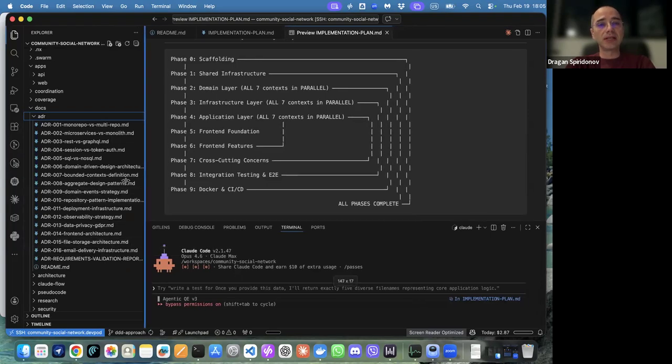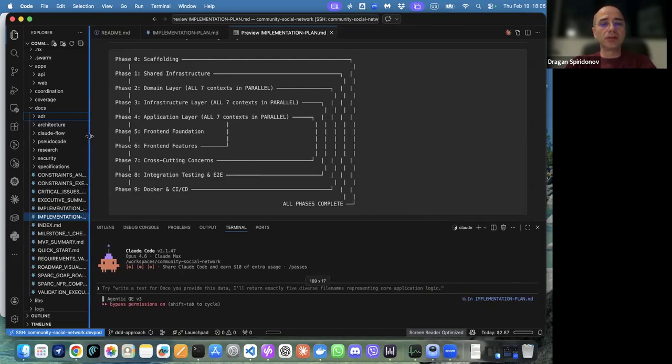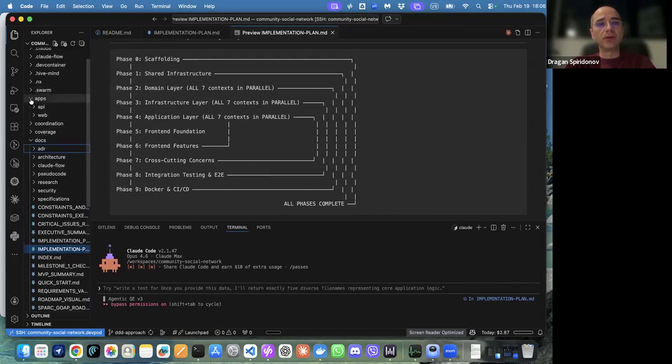And then at the end of the last session, we said, okay, let's start implementation. The agent started doing the scaffolding and maybe even something more. We can see already the apps folder with API and web subfolders. So I will now direct the agents to read implementation plan.md and analyze the current status of implementation per phases, and report findings so we can continue from there.